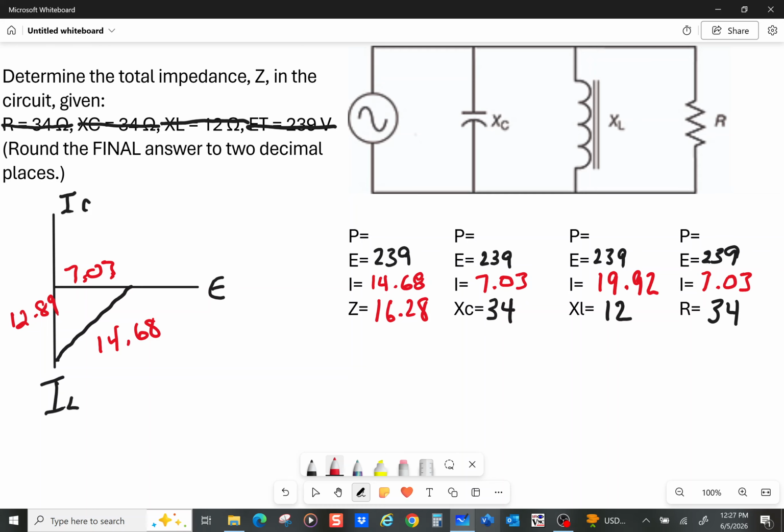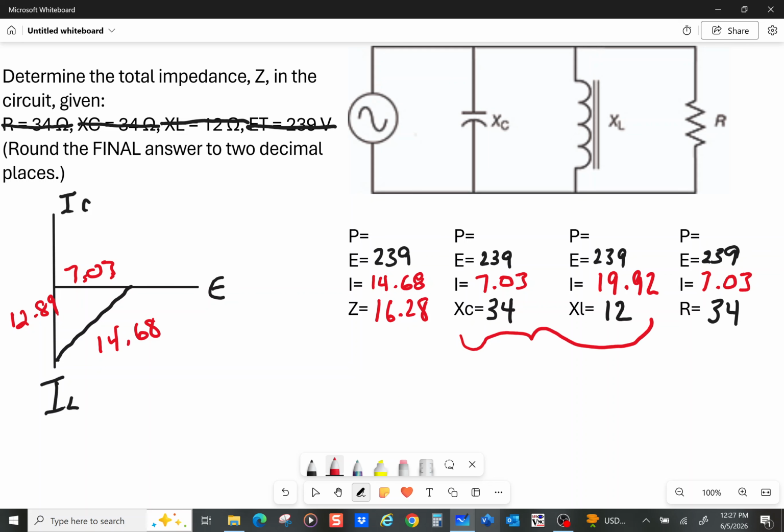In this case, I have both. We can do this a couple of different ways, and I'll show you both ways. One way we can do it is we can take these two values,